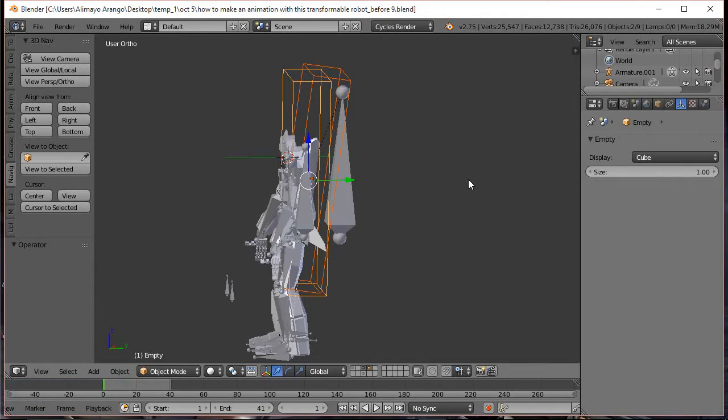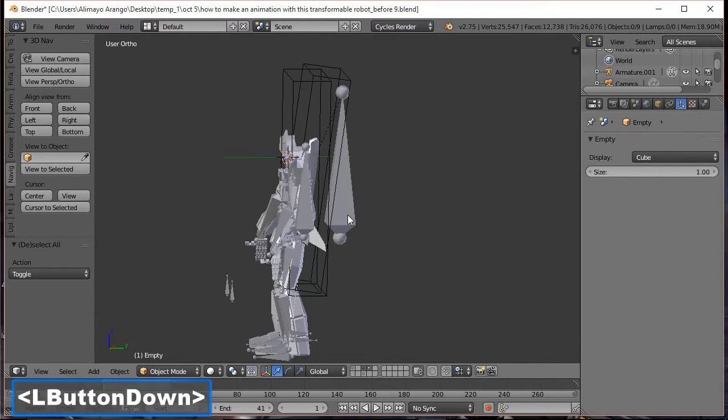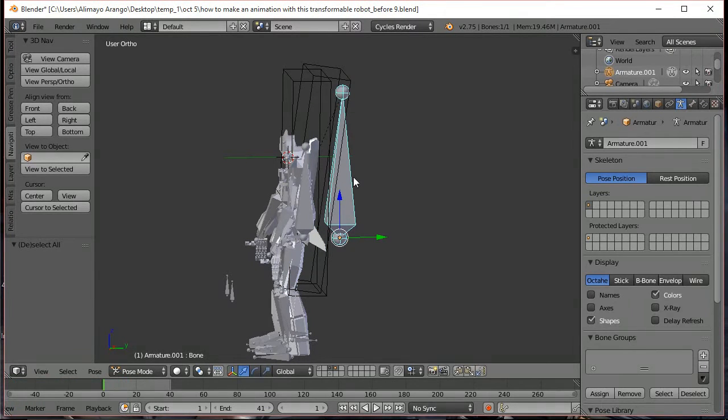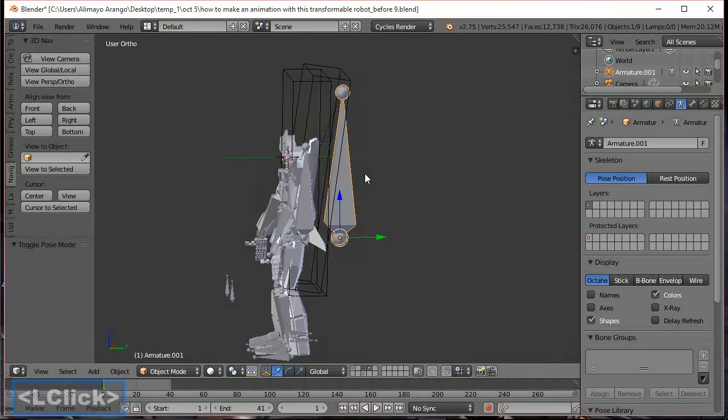Okay, what you're going to do now is press A to deselect. We're going to select this bone right here. When we selected this bone, it jumped into pose mode. We don't want that. So we're going to click here, go to object mode, and now with this bone selected in object mode, we're going to